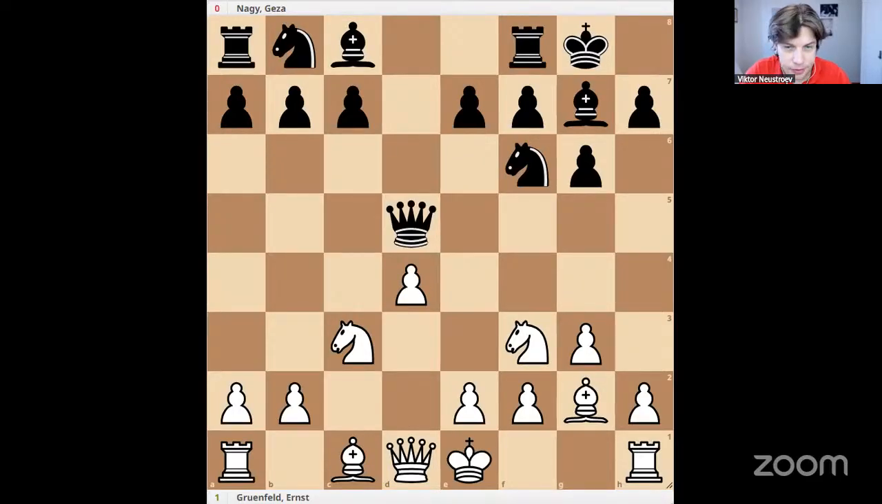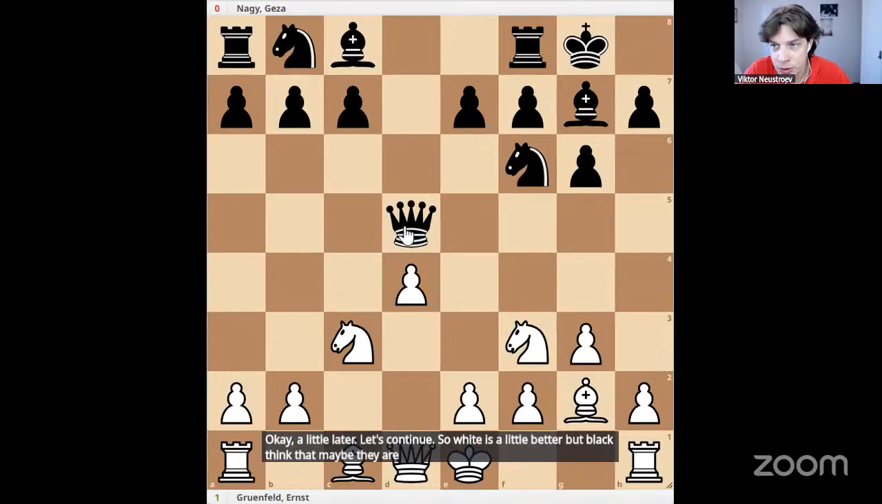Okay, a little later. Let's continue. So white is a little better, but black think that maybe they are worse, but just a little. So they play queen h5. This is already a mistake. And they play this move because they are not